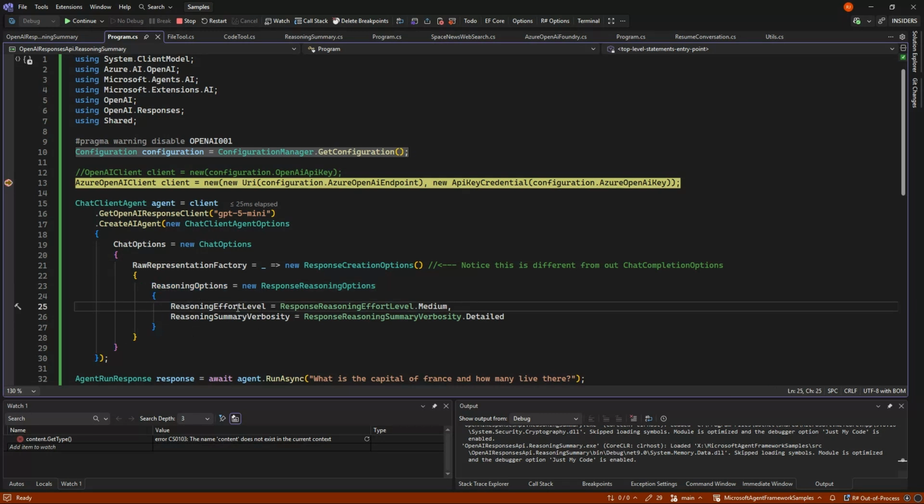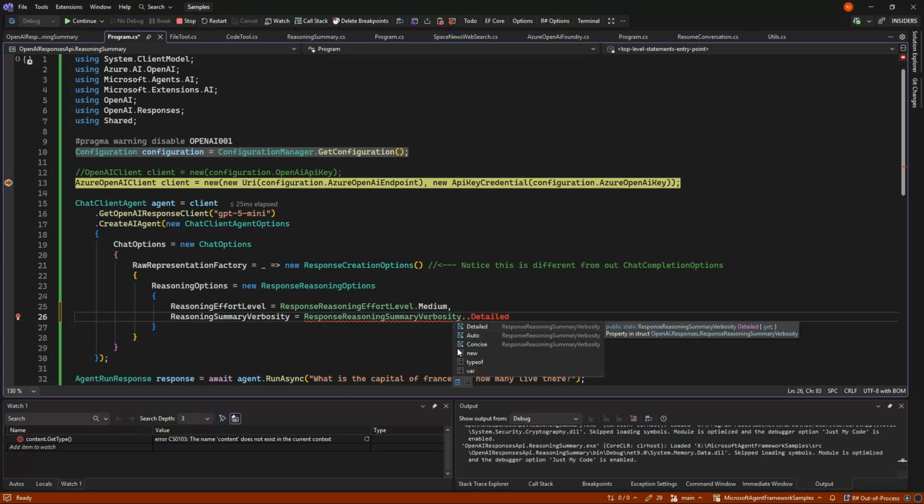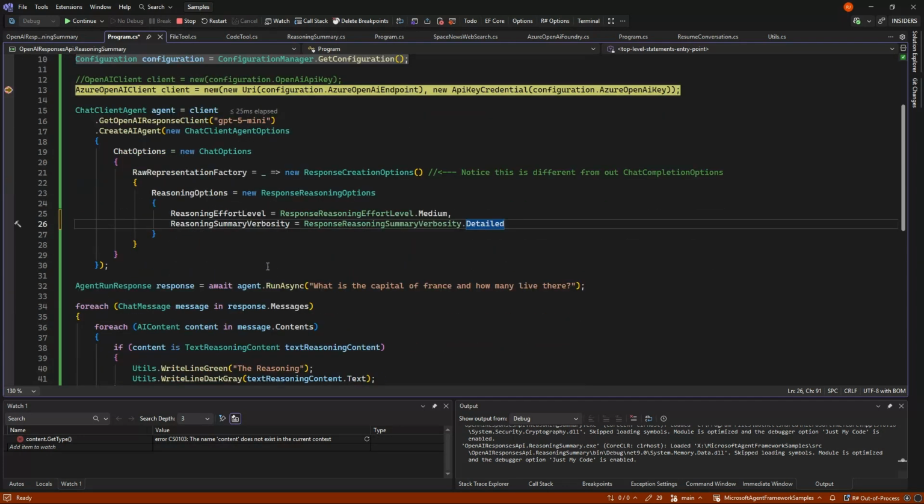We can set the reasoning effort level to low, medium, or high, and technically there's also minimal, but that's not exposed in the API here yet. Then we can set the summary verbosity: auto, detailed, or concise, all depending on what we feel. In this case, we're setting it to detailed, so we get all the details we can get.